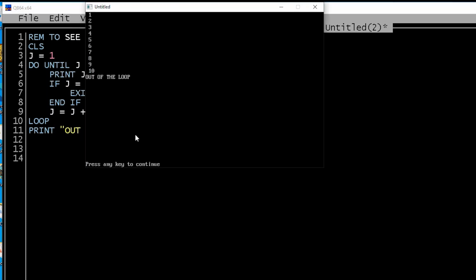So children, today we have done 3 types of loops. The for next loop, that is when we know the number of times the loop has to run. Where we do not know the number of times, we know the condition, we make use of either do while or do until loop. Do while loop works only when the condition is true, whereas a do until loop works only when the condition is false.